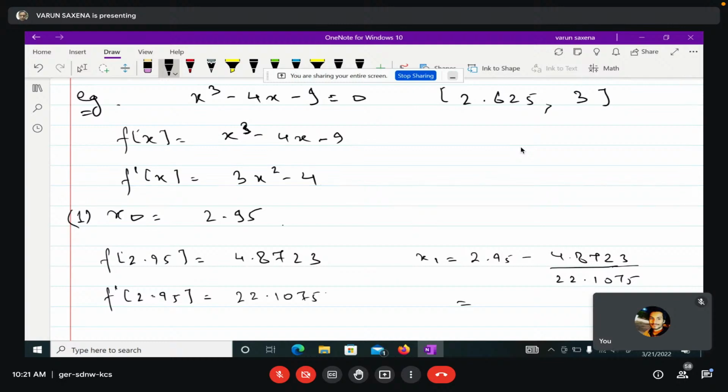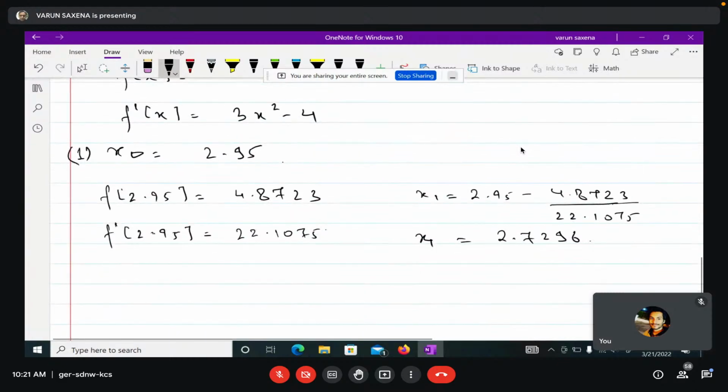Sir, 2.73. It would have been better if you had given more decimals. 2.7, 2.7296 sir. Thank you. Okay. So now, after this assumption, you will check